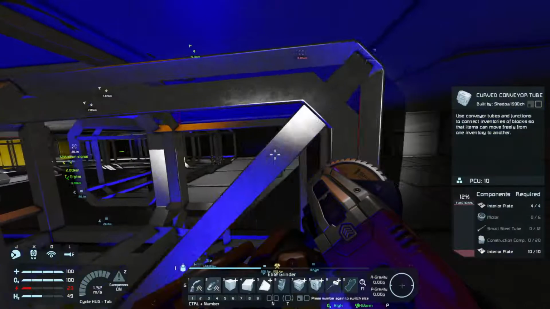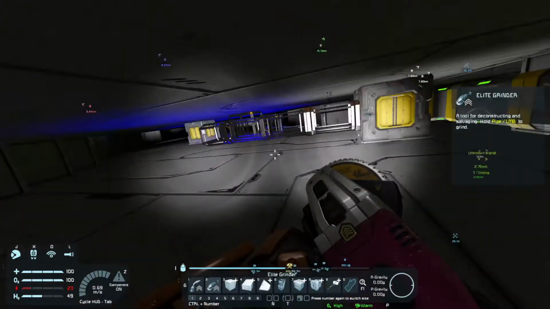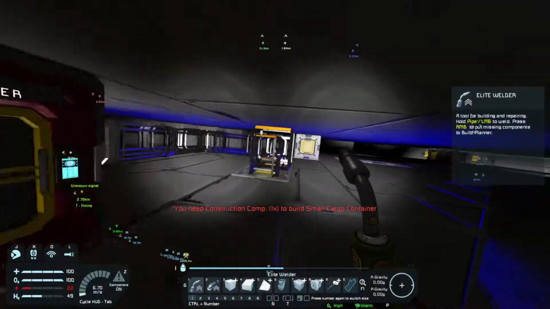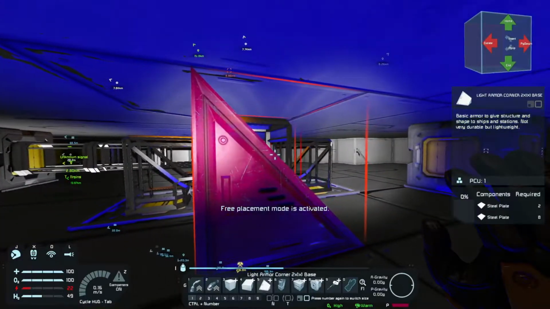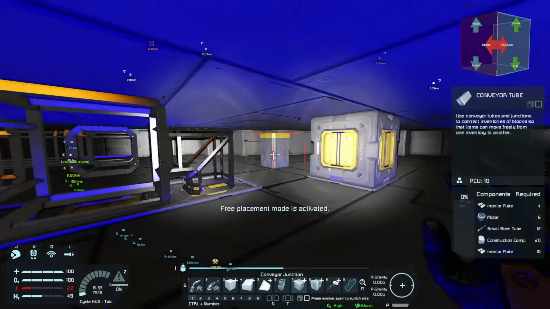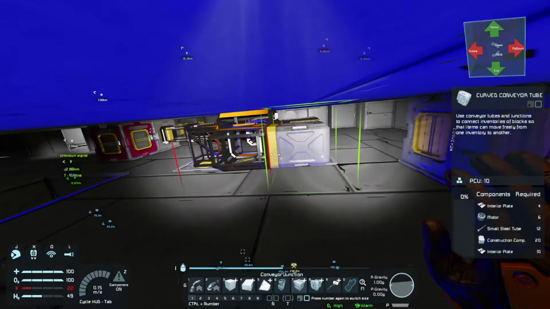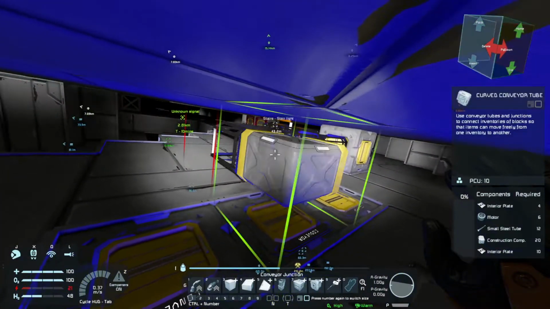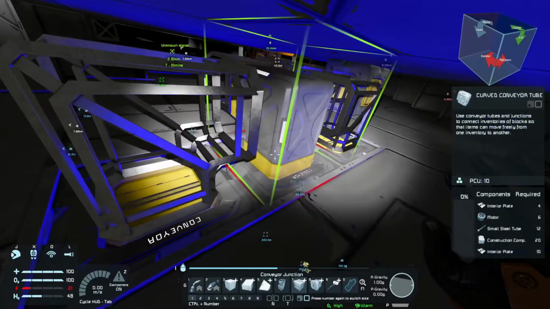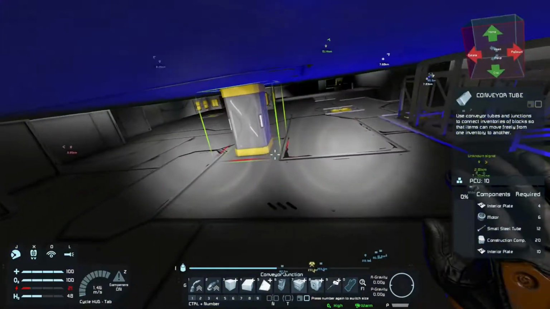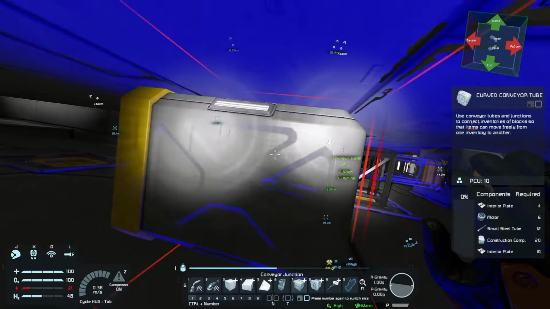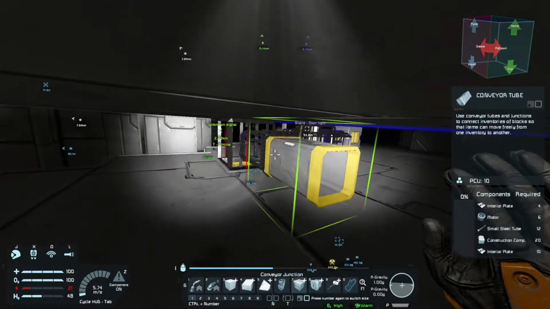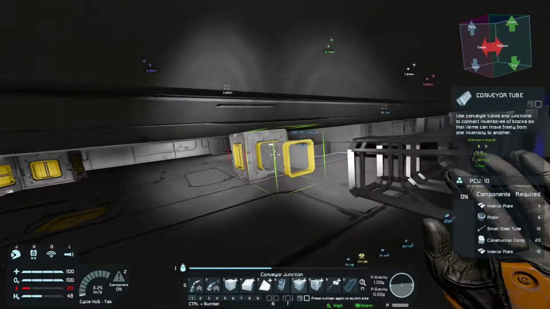Okay, let's get the last stuff. Like so. We're still missing some construction components, but that's fine. Okay, back to the normal layout. Now from here we can go like this into this, and then 1, 2 around the bend, then here these, the normal conveyor, and then we'll move around the corner again like this, conveyor block around,